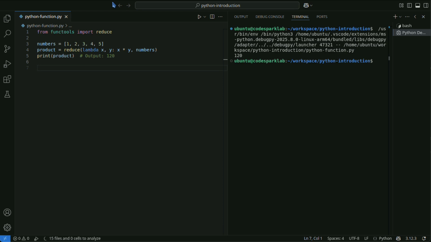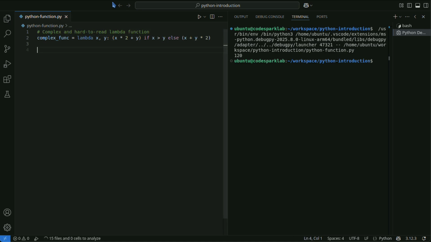The advantage of lambda functions is their brevity, but they become harder to read when used for implementing complex logic. Therefore, it is appropriate to use them for simple operations that can be expressed in a single line. For complex operations, defining a function with def is more readable and maintainable. For example, you should avoid using complex lambda functions like the one below. In this case, it is better to use a function defined with def, as shown below.